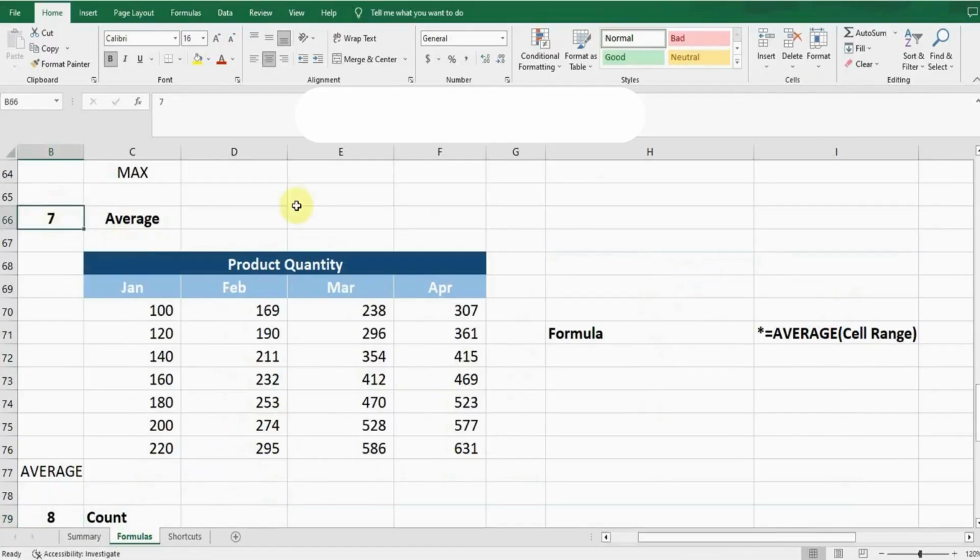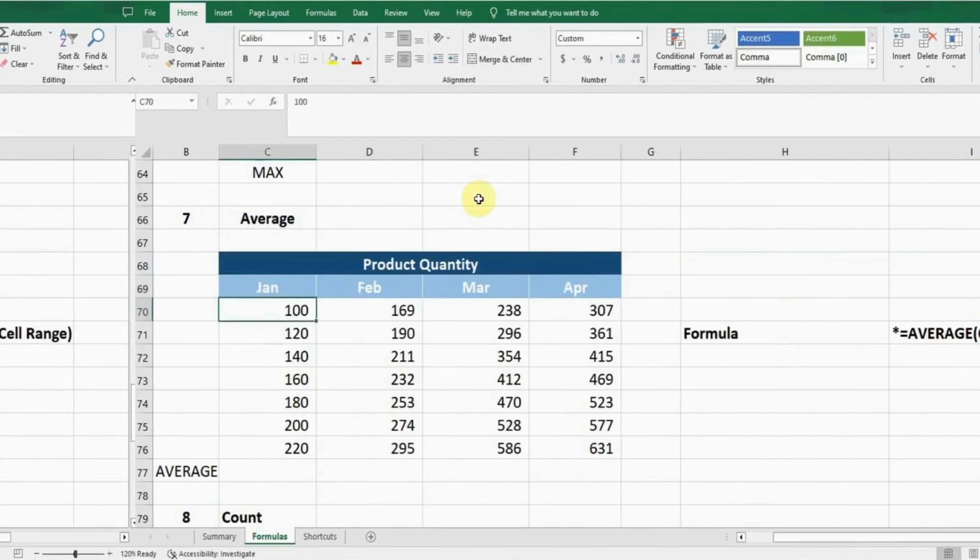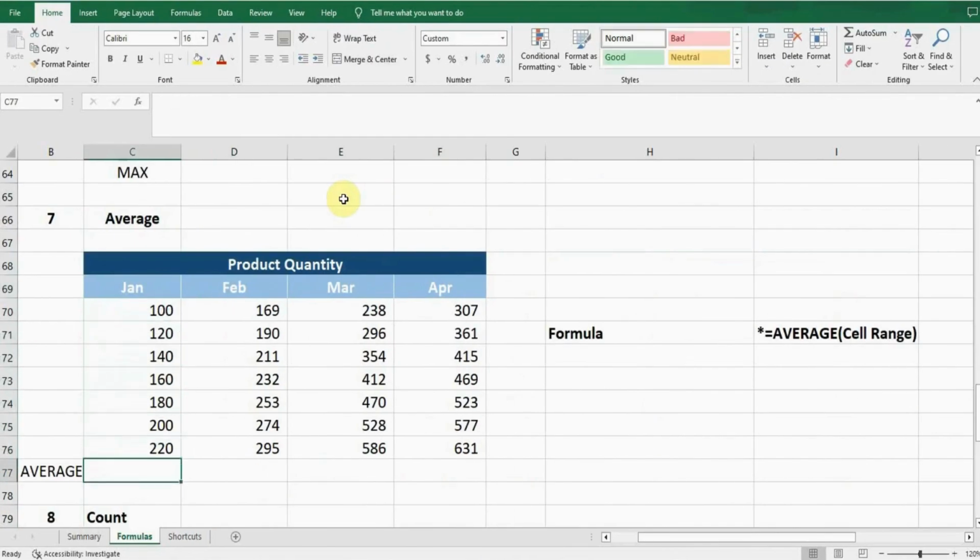If I want to calculate the average in my data, I will use the average formula. In this data, I mentioned the product quantity for January, February, March and April. If I want to calculate the average quantity in each column, for each month, I will use the average